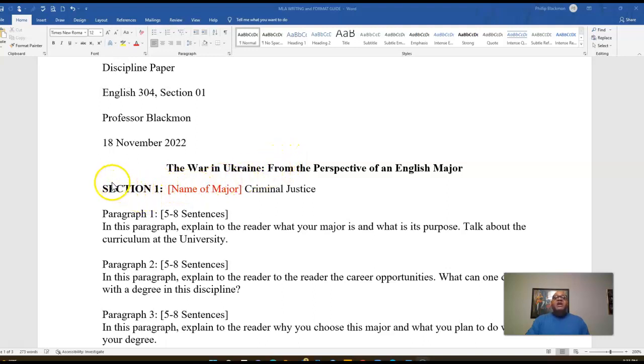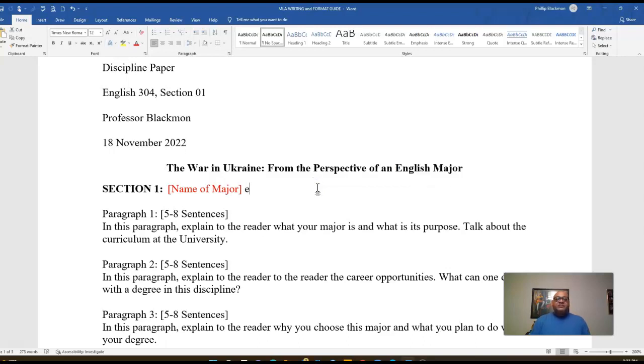So after that, all I did was copy my instructions from the topic and guideline sheets. Everything that I need here is here for me. All of my sections, remember, I'm going to keep my section headings. So section one, you're going to put the name of your major. And for me, I'm just going to put